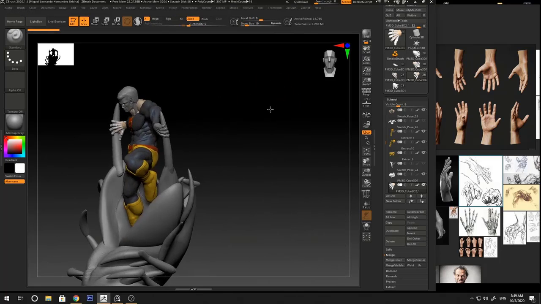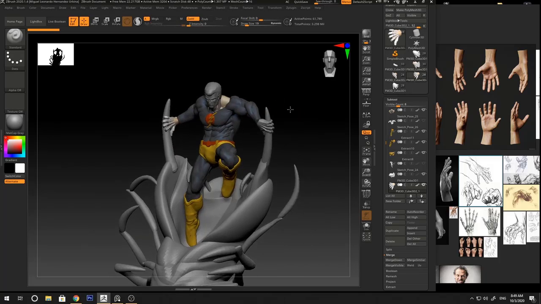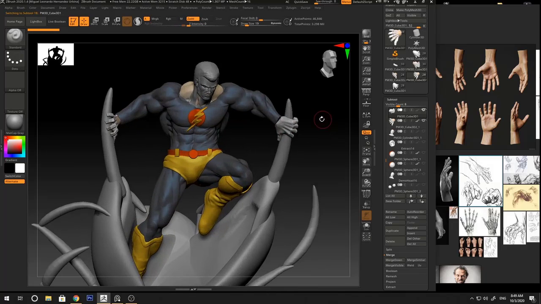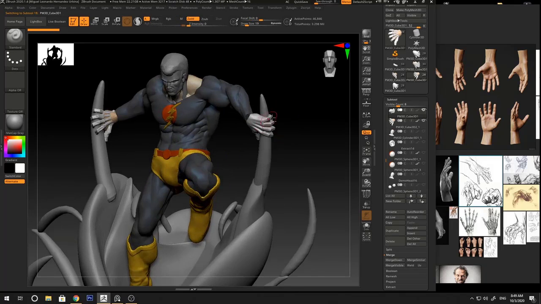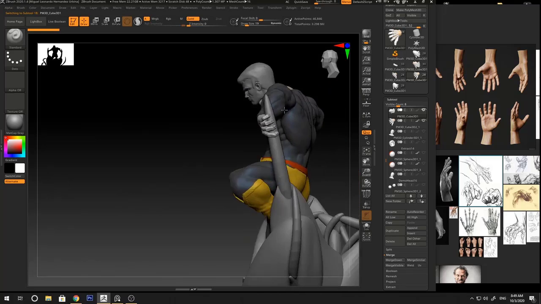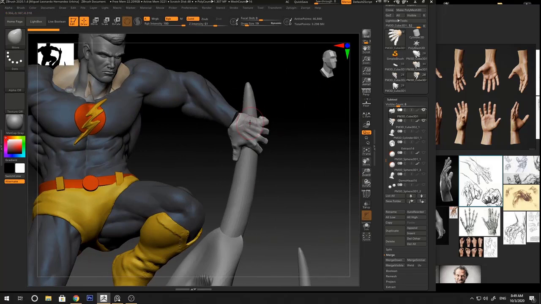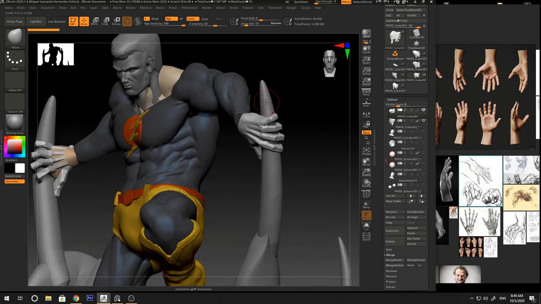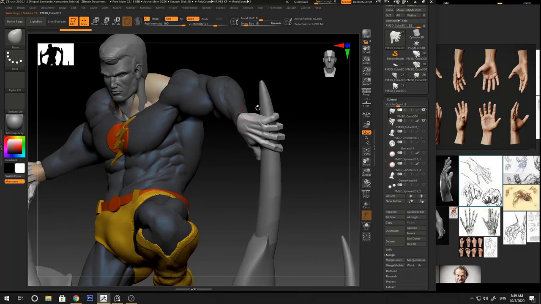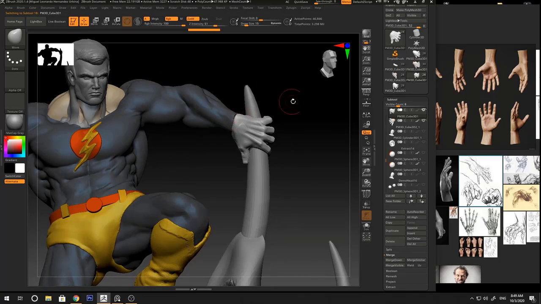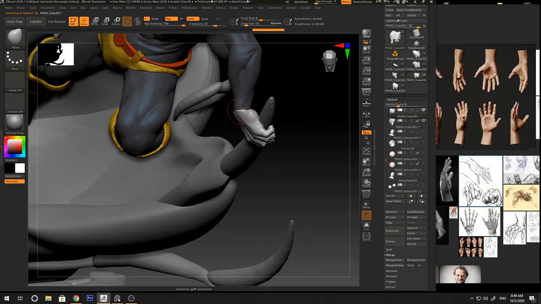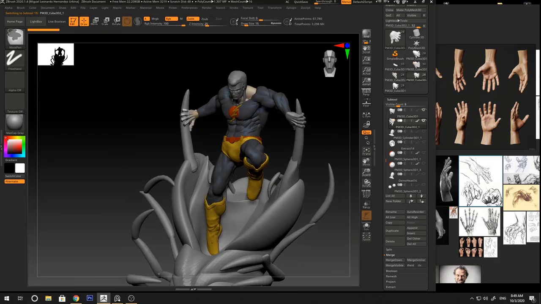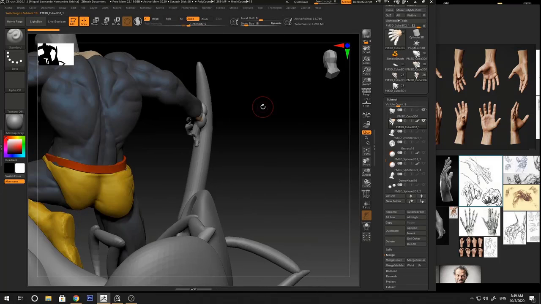But in my case, my idea is that this character grabs these big horns here and tries to open the mouth. So I need to put tension on the fingers, trying to grab the horns, the teeth. And once I have the position, the ideal is not the final. After this, I start to sculpt